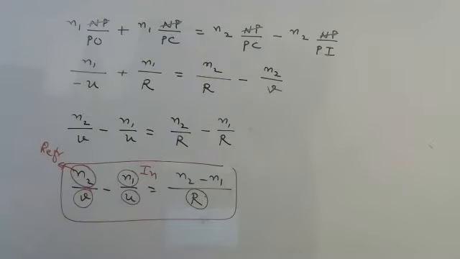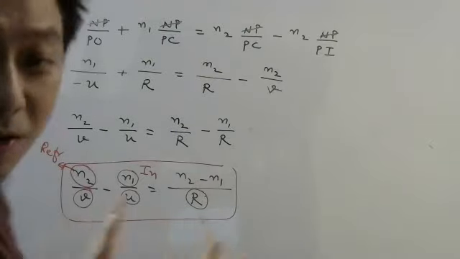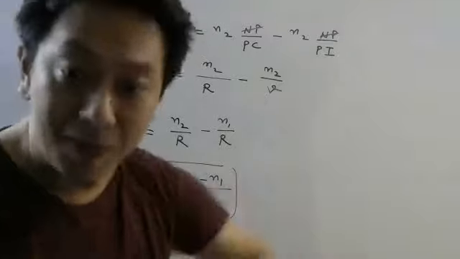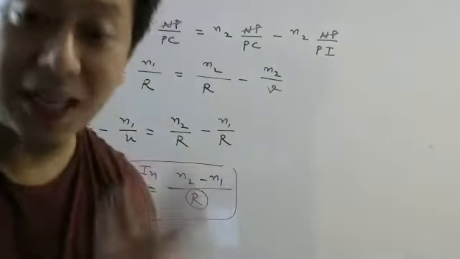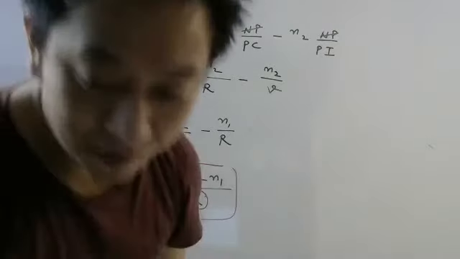Okay, the next derivation will use this formula. So whatever we have derived, immediately we will use that to derive the next important formula, which is the Lens-Maker formula. Shall we start that one?